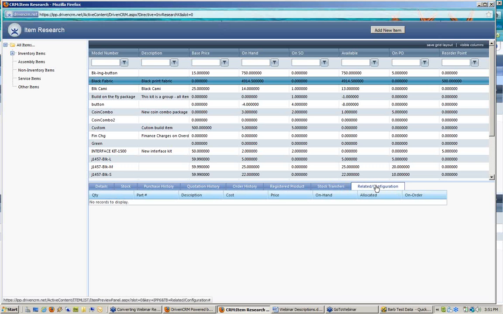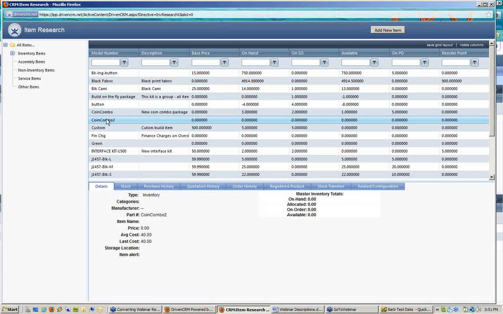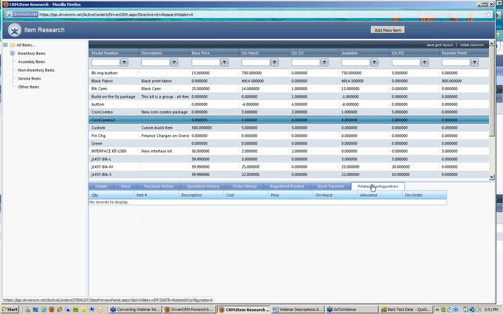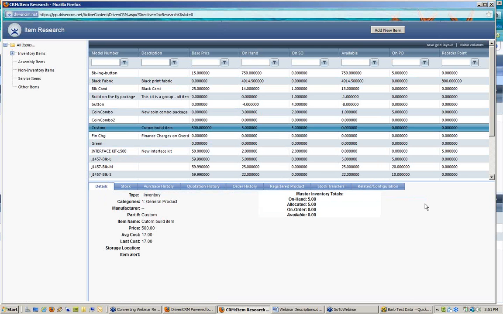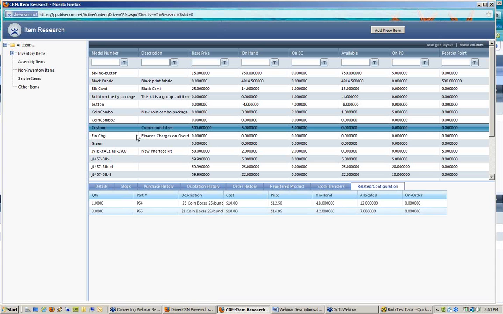And the last tab here in Inventory Research is what is called the Related Configuration tab. I'm going to go back to my coin combo here because that one actually has some items configured. Oh, that's coin combo number 2. Okay. My custom build item has items incorporated inside of it. So it has 1 coin combo part number P64 and 3 dollar coin boxes part number P66 to use this